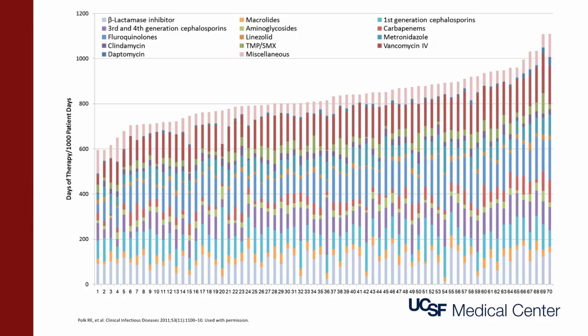This figure reports the aggregate antimicrobial use in terms of days of therapy per 1,000 patient days across 70 university hospitals. Even though these are all academic medical centers, there is nearly a twofold variation in usage from the lowest to highest users. In order to properly benchmark your own institutional data to this data, we'd like to be able to isolate what component of the variability comes from potentially improvable practice patterns, and what is the result of different mixes of patients across these institutions.